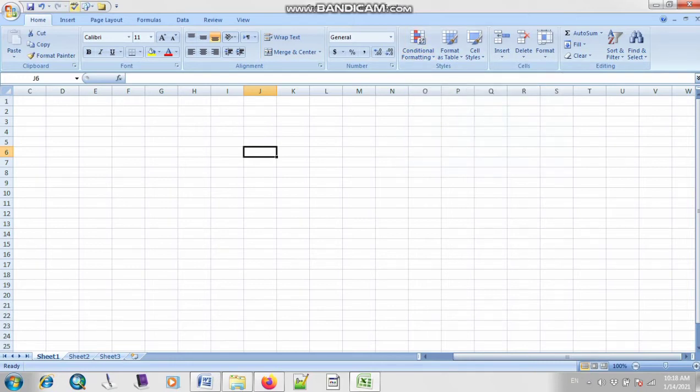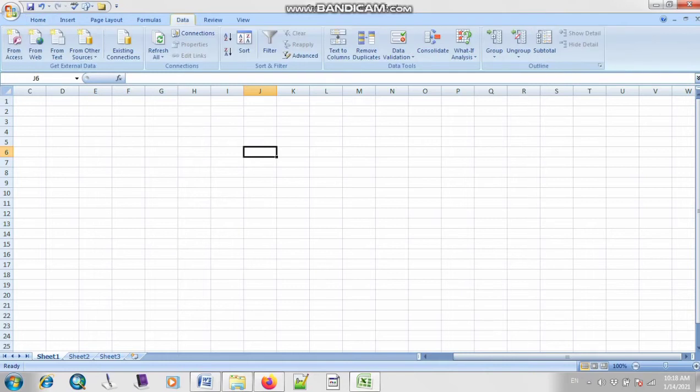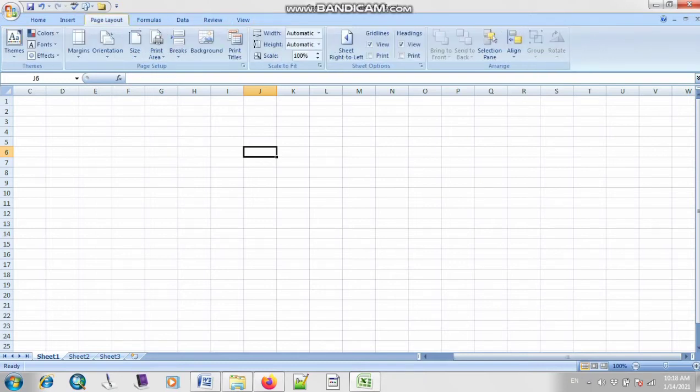Then we have the quick access toolbar. The quick access toolbar is used if you want to place some icons on this tab, and you can automatically use them whenever you want, so that you don't have to find them in different tabs. Then we have the tab menu bar, where we have different tabs related to different functions.